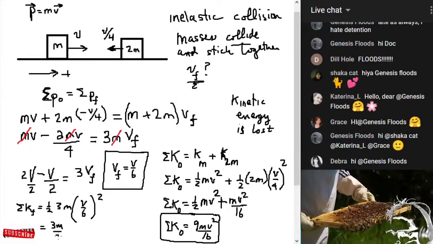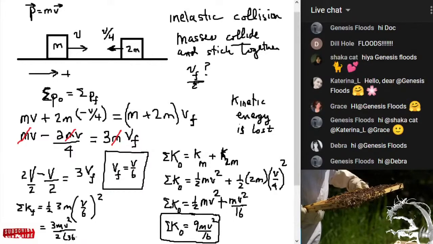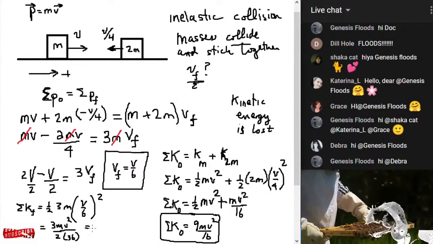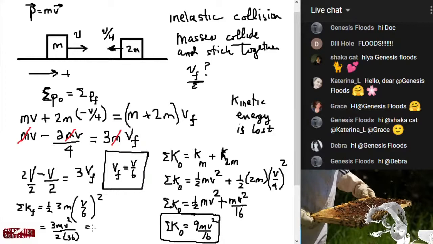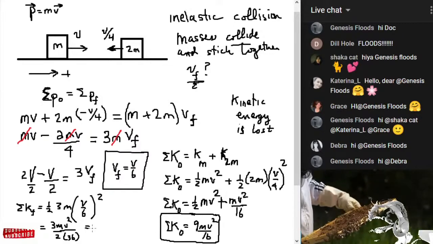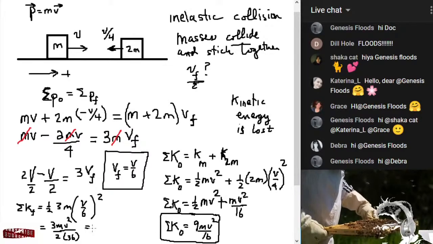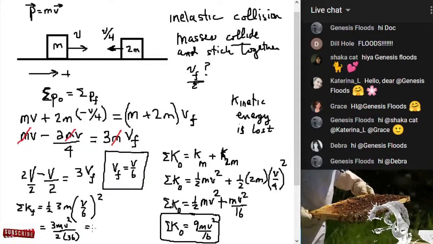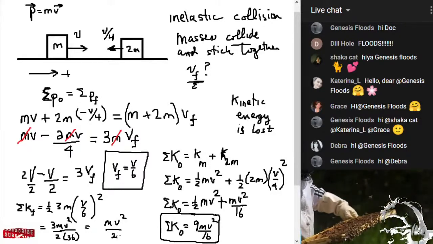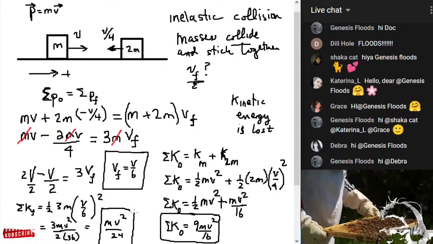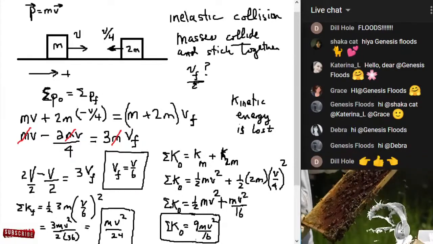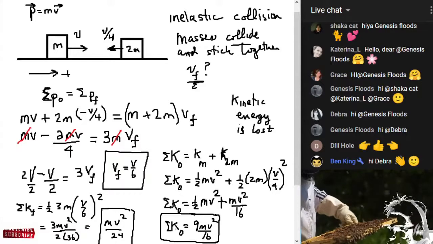So 3m over 2 v squared over 36. The 3/36 we can simplify. I'm just going to do it in the calculator. 2 times 36... 24. What? That's not right. Fraction, 1/24. So mv squared over 24. So you can see we've lost kinetic energy. So this is 0.042